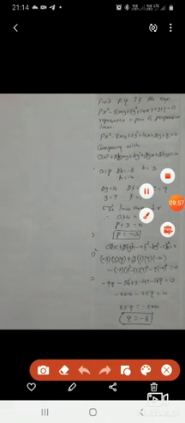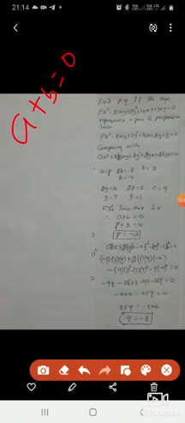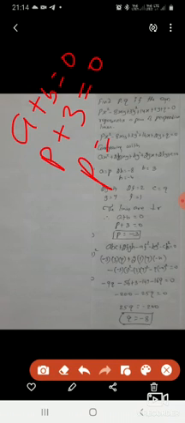After this, it represents a pair of lines, so we are going to use the necessary condition. Before using it, one more condition is given. What is the condition saying? These two lines are perpendicular. What is the condition for perpendicular? A plus B is equal to 0. What is the value of A? It is p, plus the B value, which is 3, equal to 0. So p is equal to minus 3. That is the first one, the value of p is minus 3.